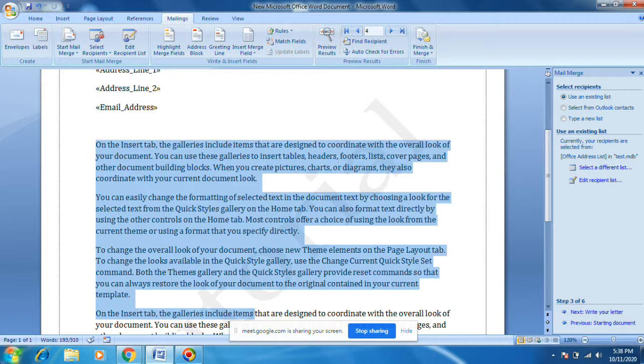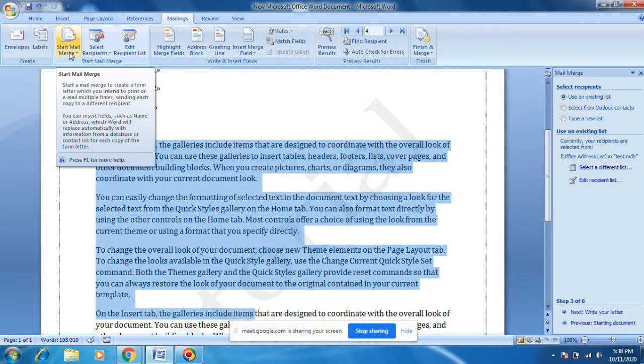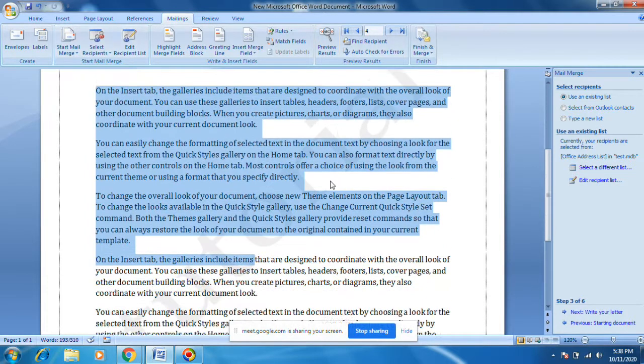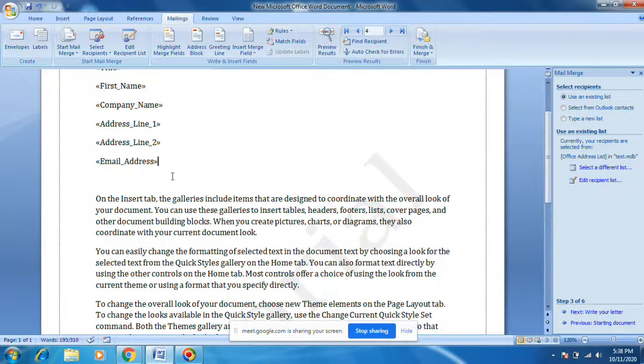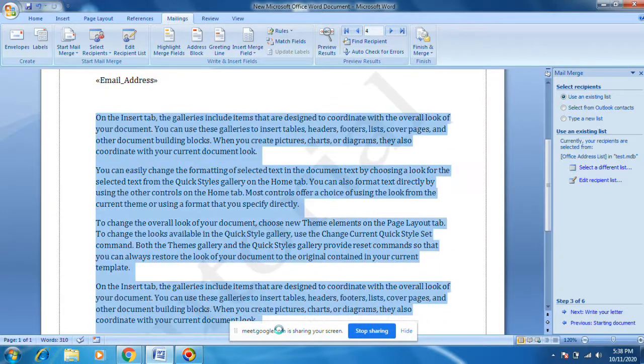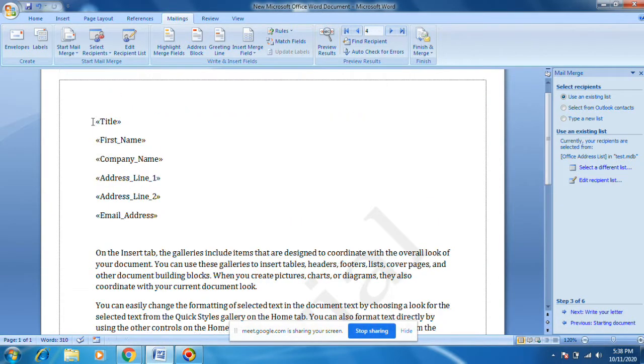That is the body. He wants to send this information using post or something. Then what your principal will do: he will create a simple mail merge document like this, and then he will put the text here, and then he will put the address here.